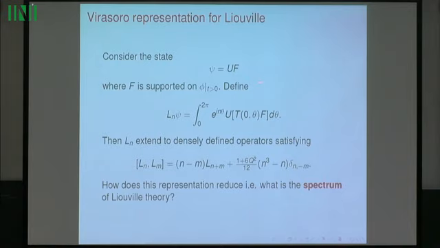Take a functional supported on positive times. So I apply the map which maps that to the Hilbert space, and then define the Virasoro generator as the Fourier coefficient of taking the energy momentum tensor at times 0, integrating it over the circle,